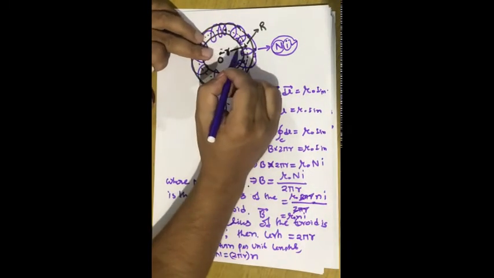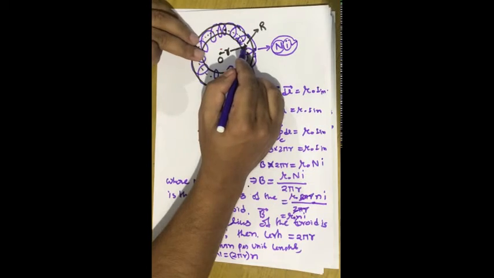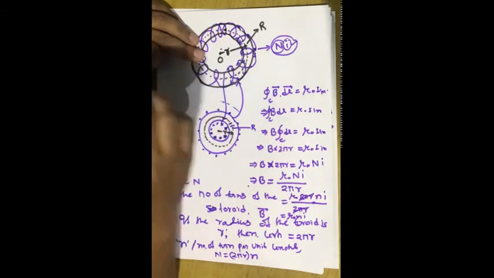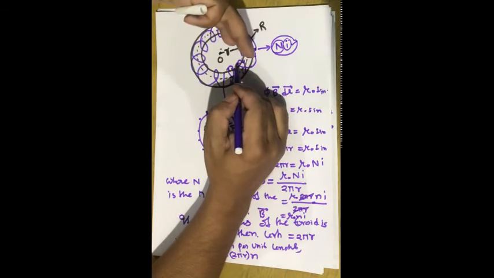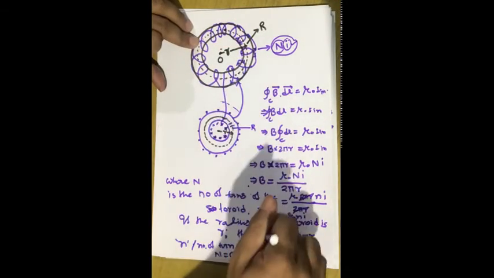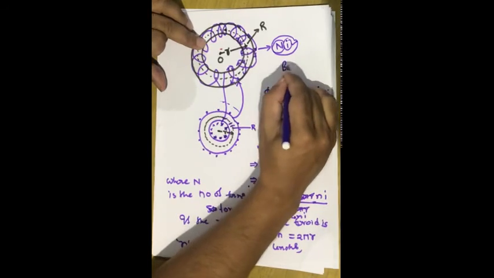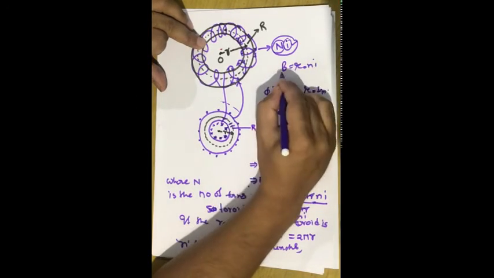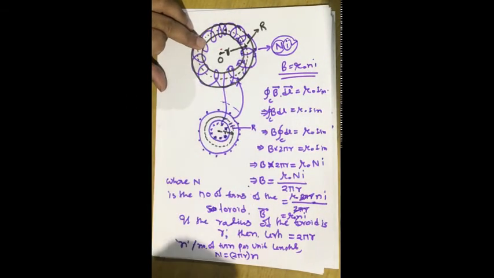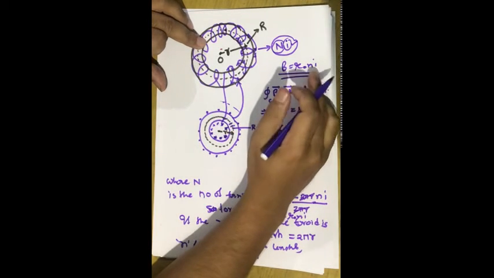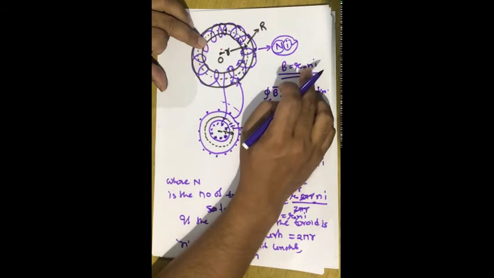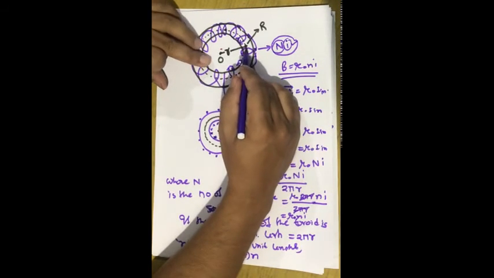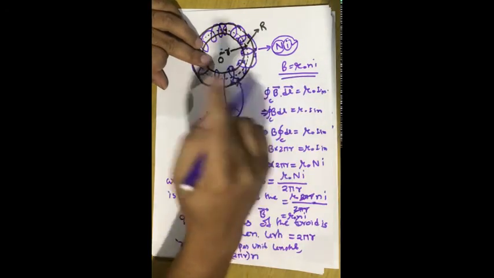Okay, so this is the value of the magnetic field at any point on the radius of the toroid. Basically we considered it as the axial direction, and that value will be B equal to mu naught n I, which is the same as for the solenoidal current. This expression we found for the solenoid, but the same expression we have found for the toroidal current also. And this is the value of the magnetic field on the radius of the toroid.